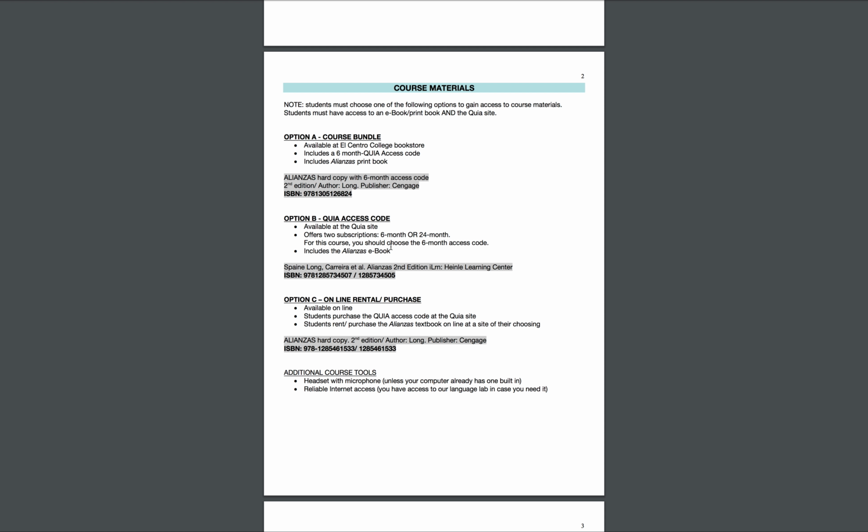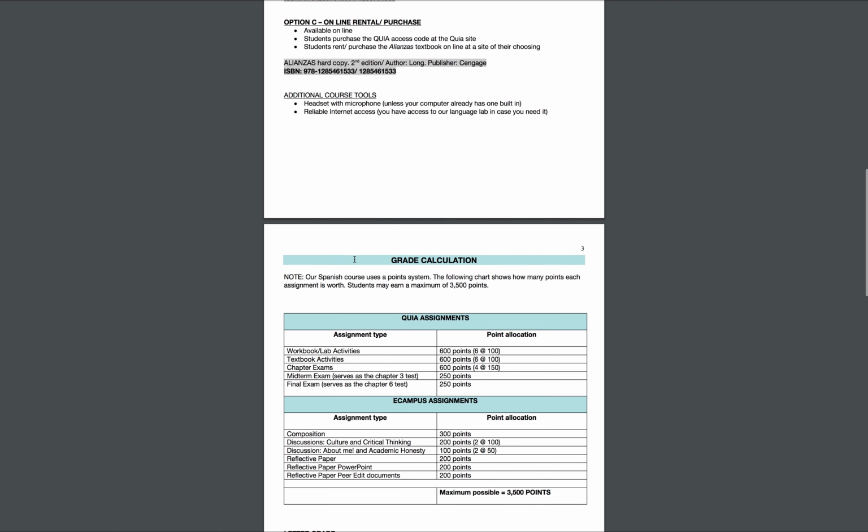I'll let you know where to buy it. When you go to Kia and you input the course code of our course, it'll tell you exactly what you need, and you purchase from there. Option B is the cheapest option, and it is what I recommend for us to complete this course, right?